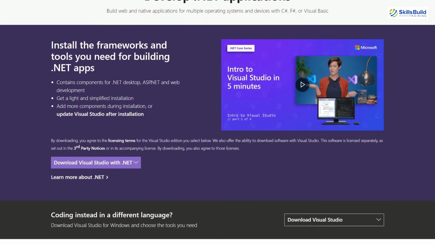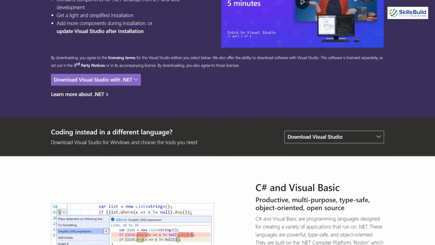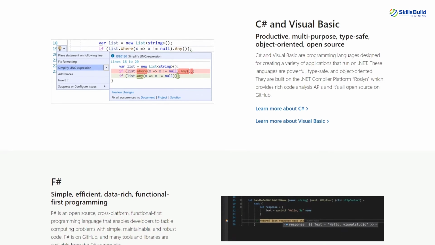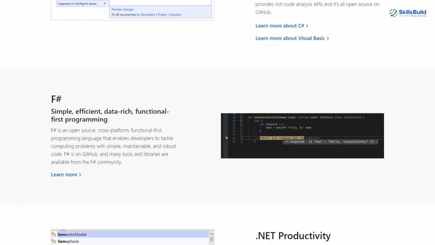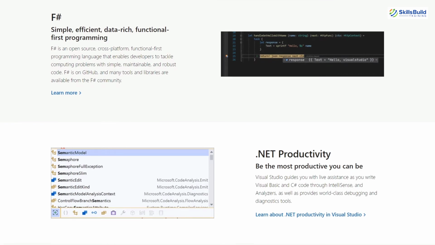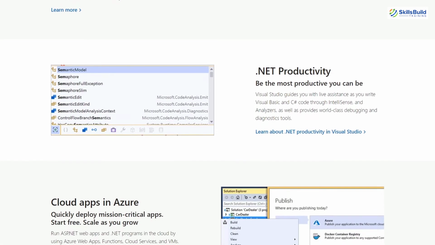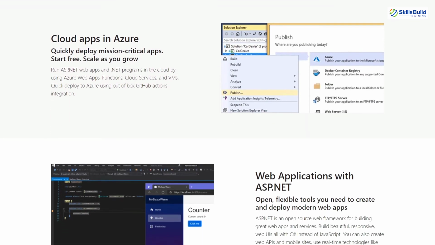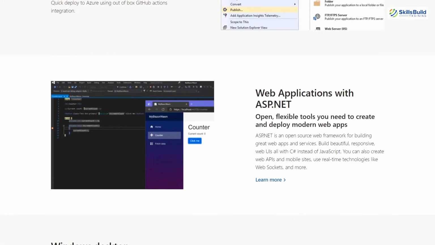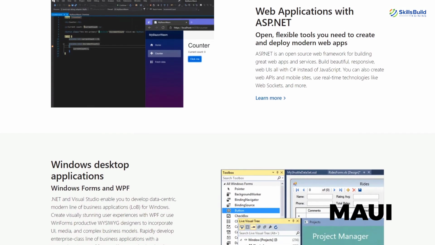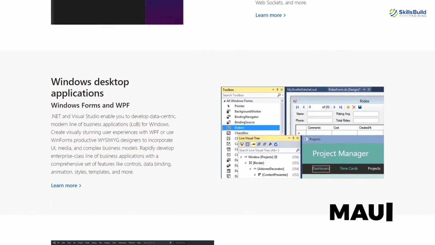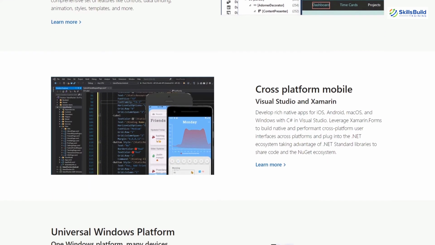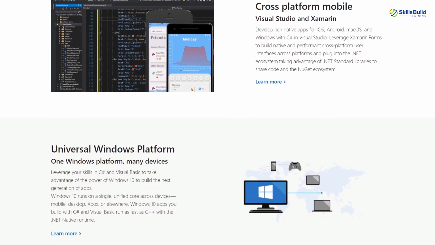If we talk about .NET support, Visual Studio has started support for .NET 6 and its frameworks, and it is supported for web and mobile apps, and along with that for Windows and Mac development as well. It might happen that Microsoft will go for the latest .NET framework in the future. This time, Microsoft has also included MAUI, which is known as Multi-platform App UI, and it is for cross-platform apps covering Android, iOS, Mac operating system and Windows.